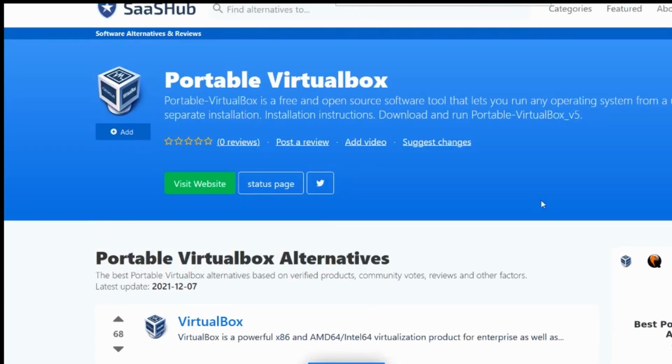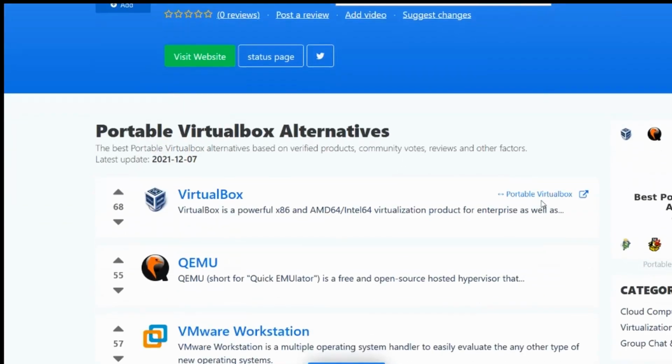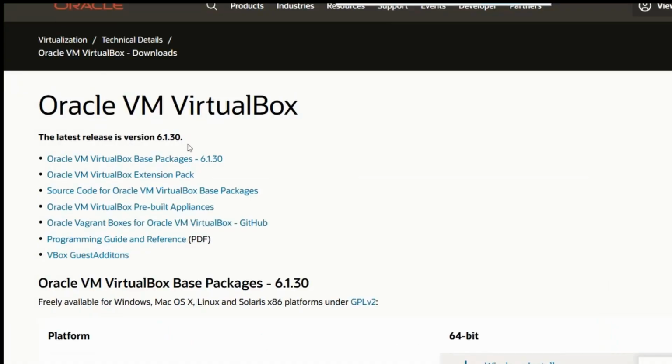However, we will just focus on one for now because they have almost the same principle behind all of them. So if you know how to use one, and you go for another method or another type depending on your need, it will basically be the same principle. So now we'll focus on VirtualBox. So forget this one. I will go to the Oracle website, or I go to Google. If I search Google for Oracle VirtualBox,